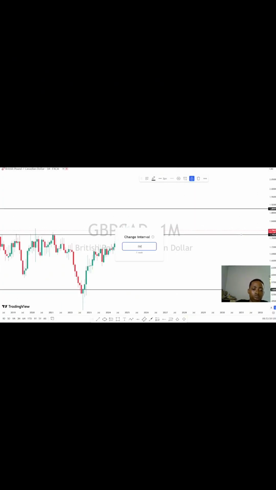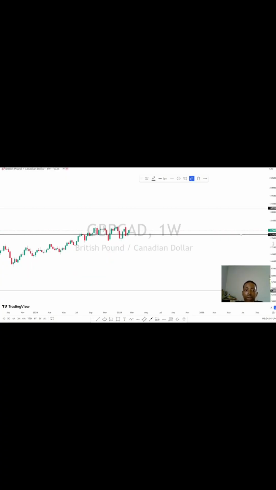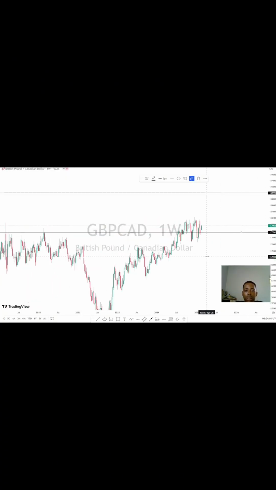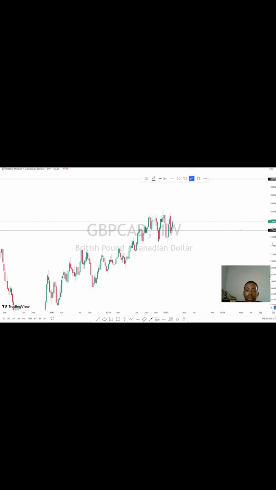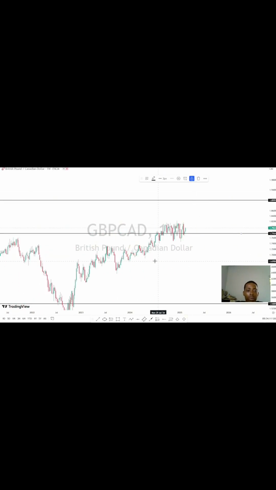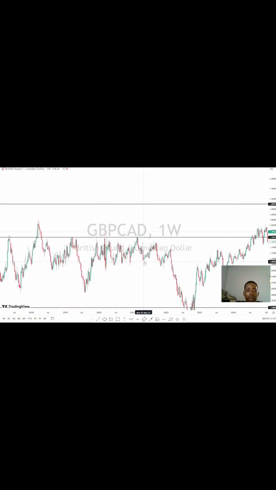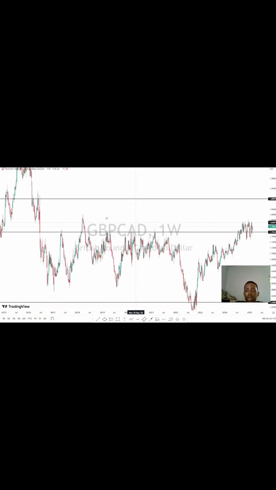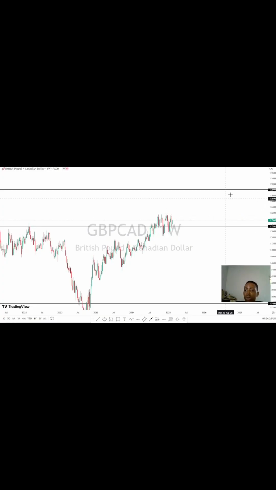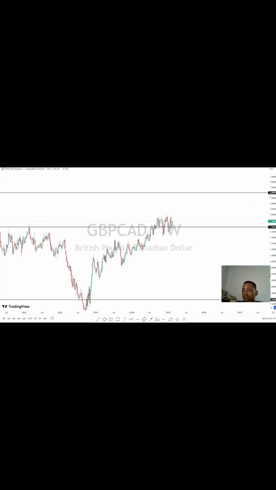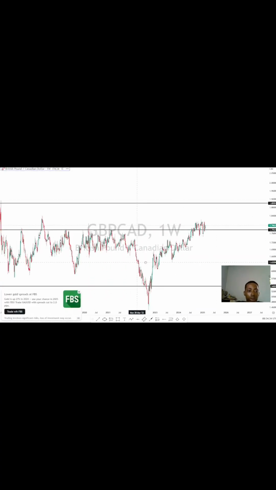So I'll go down to my weekly time frame to plot my key levels, to plot levels that are very, very important, because from what the market is showing me on this weekly time frame, I like to zoom out to see our next level target for at least, depending on the volatility that came to the market, the next 2 or 3 months. GBP CAD will be at least heading to 1.89991. But for now, let's map out